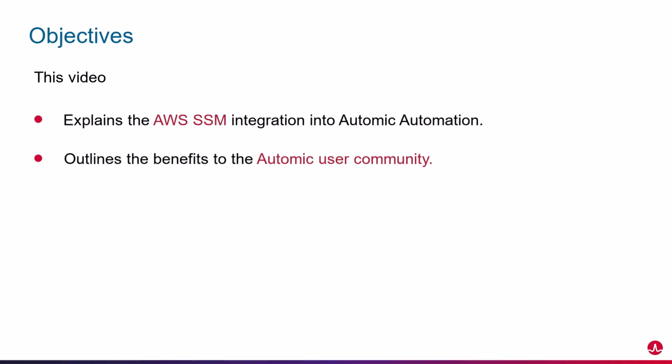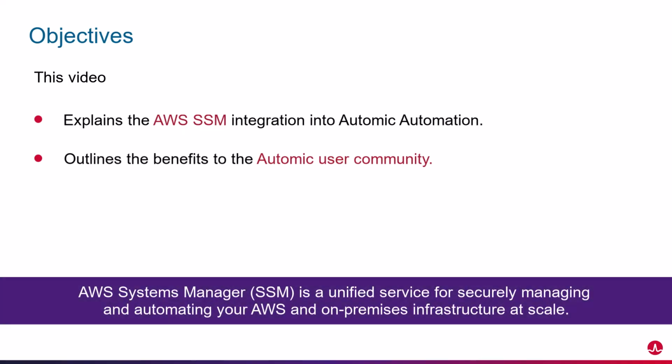AWS Systems Manager, SSM, is a secure, unified management service that helps you visualize, automate, and configure AWS resources such as EC2, RDS, S3, etc., and on-premises infrastructure at scale. It eliminates the need to manually manage servers, offering capabilities to patch, configure, run commands, and maintain compliance through a single console. In other words, AWS SSM allows you to execute commands across EC2 instances without needing to log into